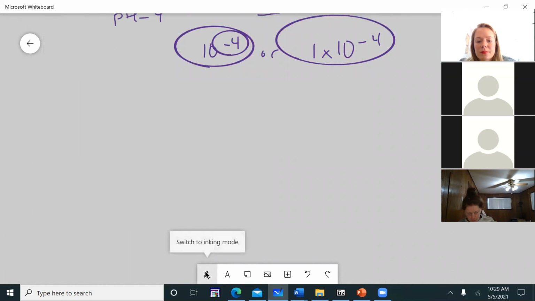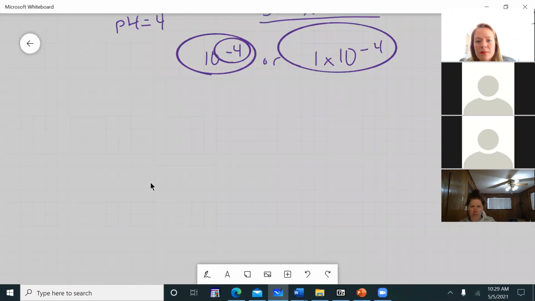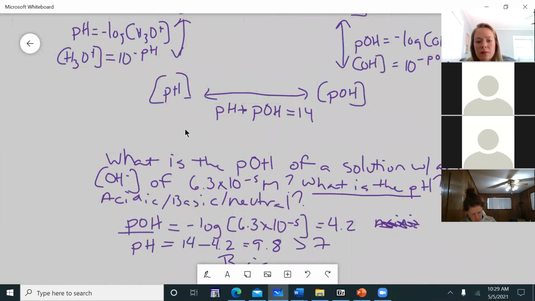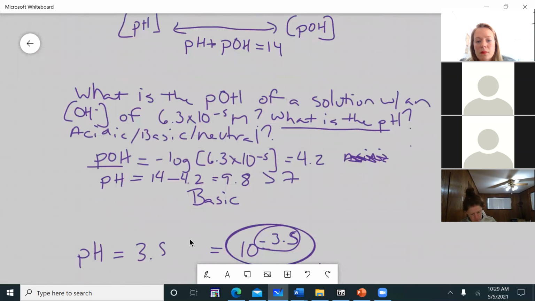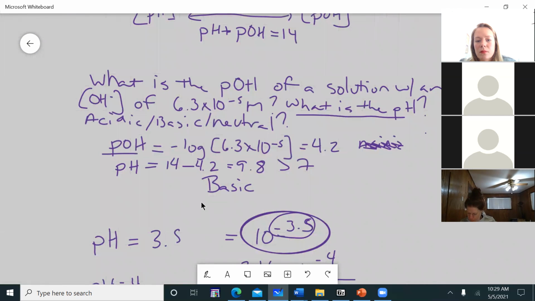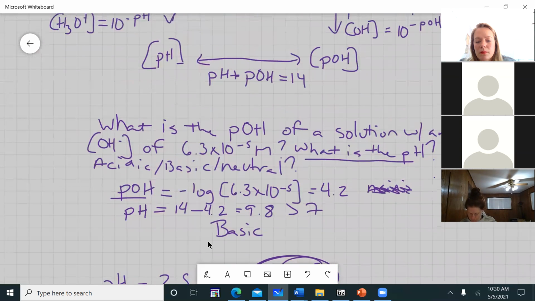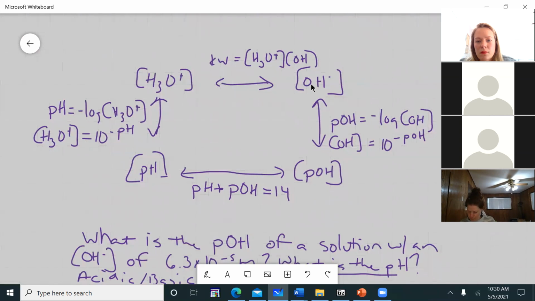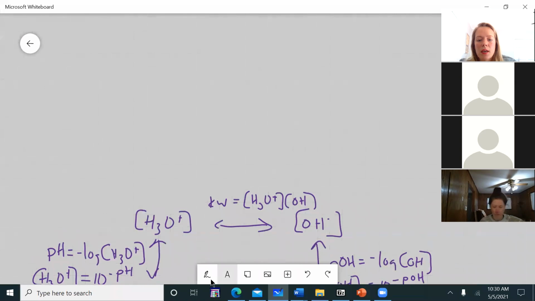Can you just complete the rest of that square? I know we said it's basic because the pH is 9.8, but when you get up to the top of the square and you're doing the KW constant, I'm pretty sure I understand how that works, but would you just go over that one more time? You want to go between these two? Yeah. Okay, yeah. So let's say